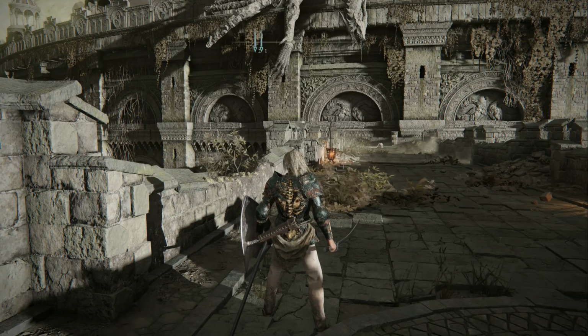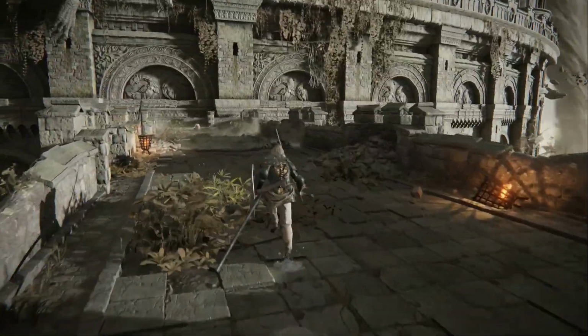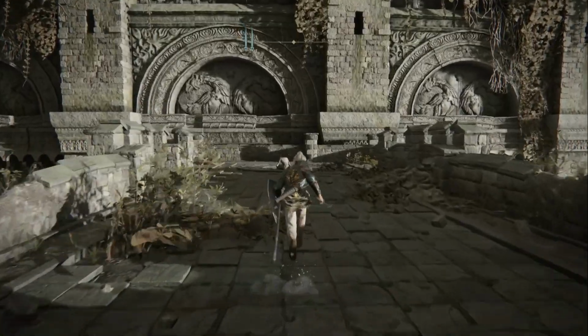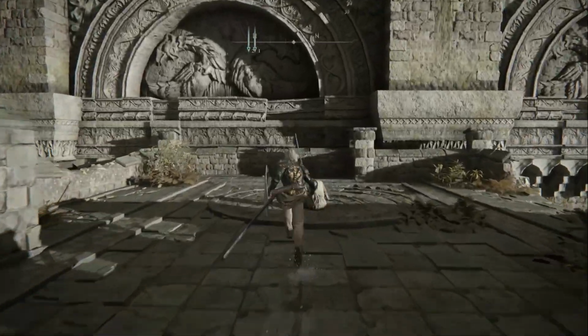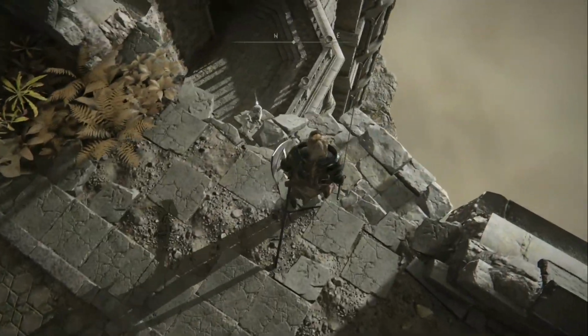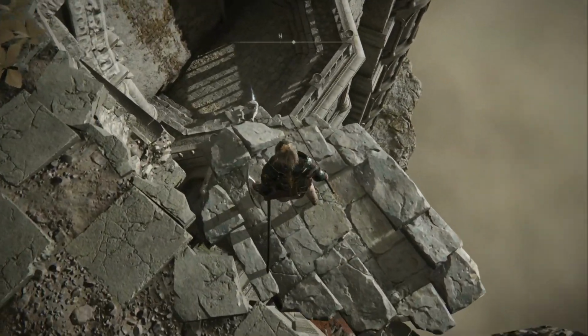Today I'm going to be showing you how to get through Crumbling Farum Azula, the next area in the game that I'm on, and how to get to the Godskin Duo. Just get from here at the beginning of Crumbling Farum Azula to the Godskin Duo boss fight, which is a boss fight a lot of people struggle on, so I'm going to be helping you get through that